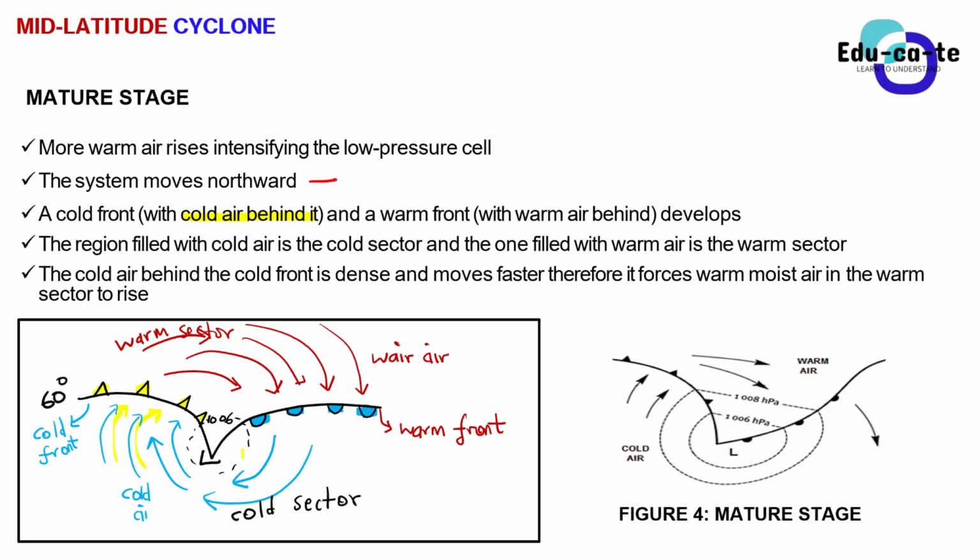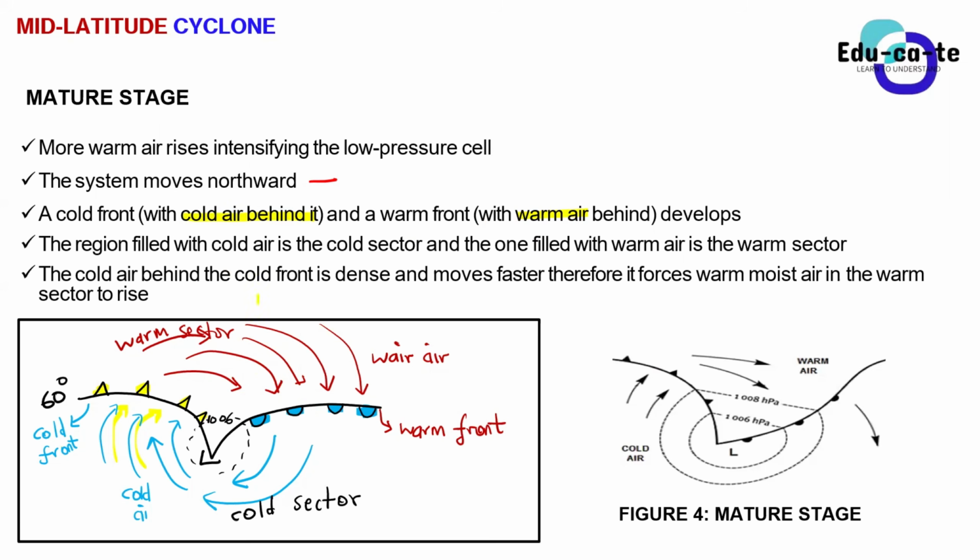Yes. We can see the cold air, the blue cold air in this diagram, right? And then behind the warm front, there is some warm air. And we can see this red air, this maroon air. It is the warm air in the warm sector behind the warm front. We can see it, right? Yes, sir.